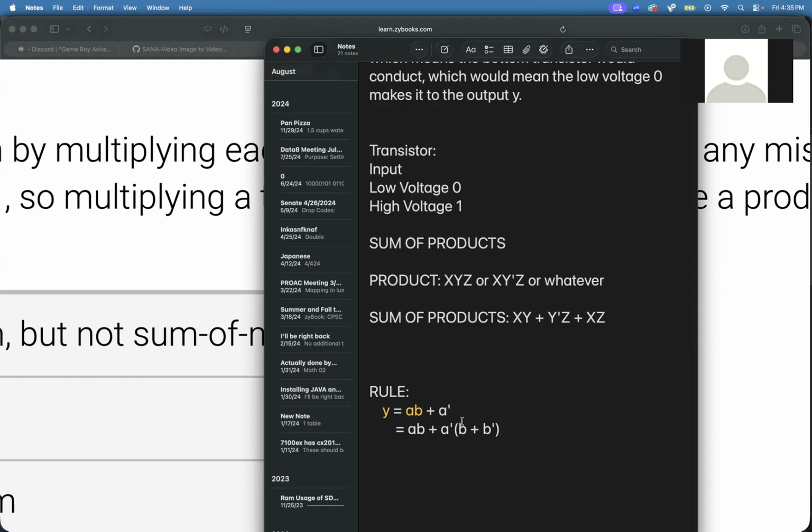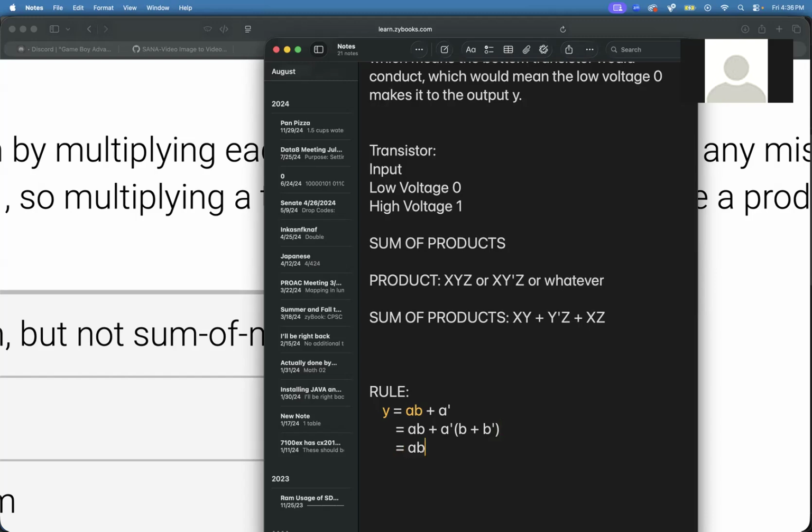Because if B is one, then not B is zero, and this is one or zero, which is one. But if B is zero, then not B is one, and so this is still zero or one, which is one. So no matter what, this part that's highlighted is one. So this is like multiplying by one, which is allowed. You're not doing anything. So they're saying because the B is missing, you add this B or not B,